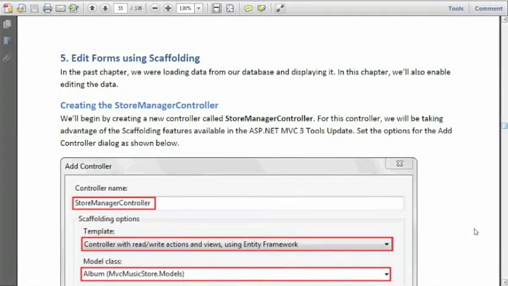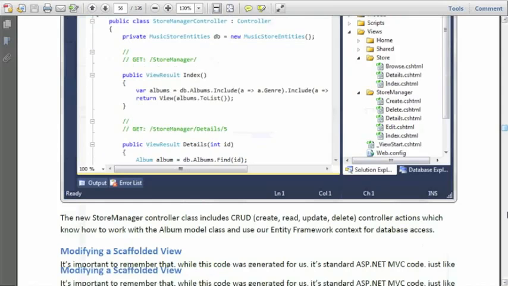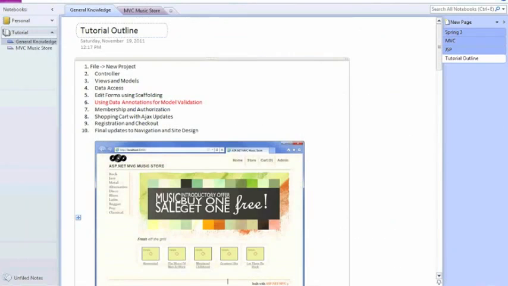Again, in this tutorial I'm going to show you guys the next step of the MVC Music Store tutorial. The name of this part is edit forms using scaffolding. Technically, in this part, they're going to use the technical